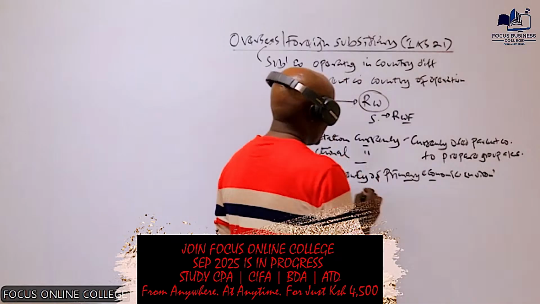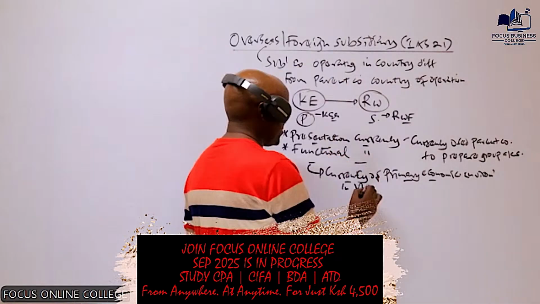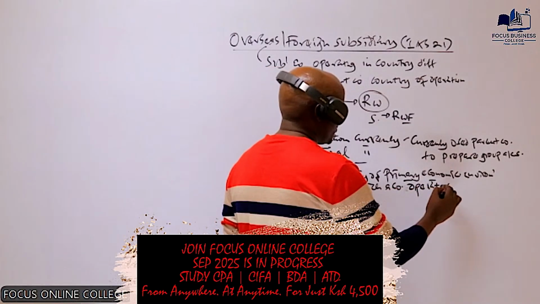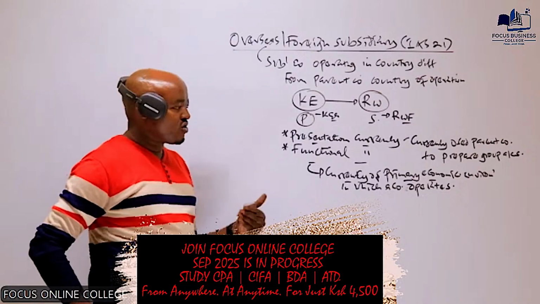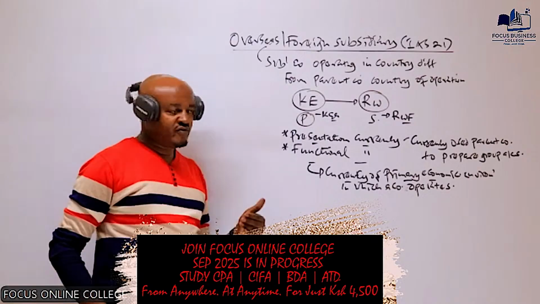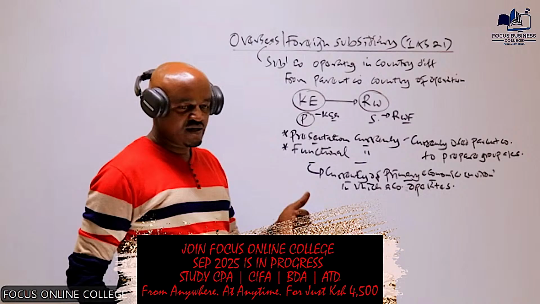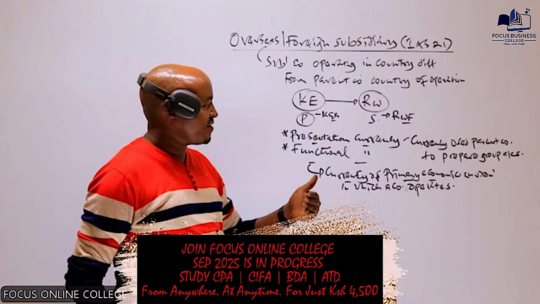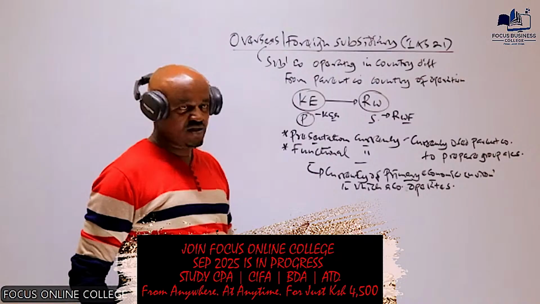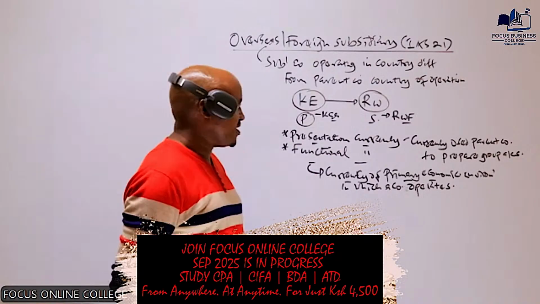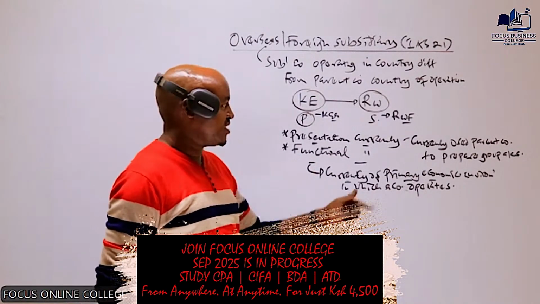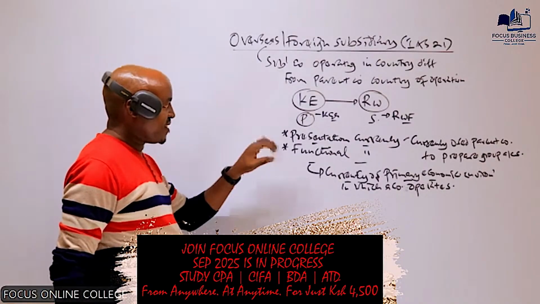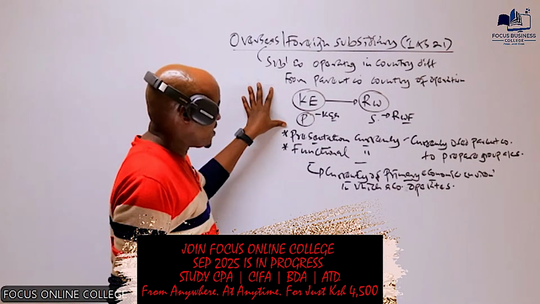in which a company operates. So basically that is the local currency of the country in which the company operates. So if the parent company is operating in Kenya, the functional currency is Kenyan shillings. If the subsidiary is operating in Rwanda, the functional currency or the local currency for that country is the Rwandan franc. So therefore, in this case, when preparing the group accounts, we are saying, before you proceed